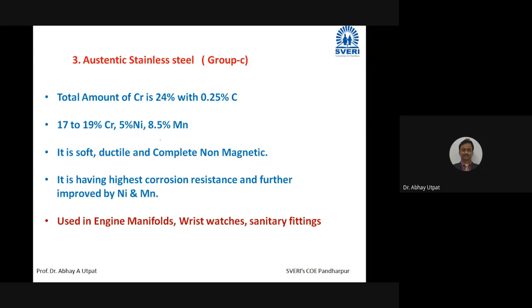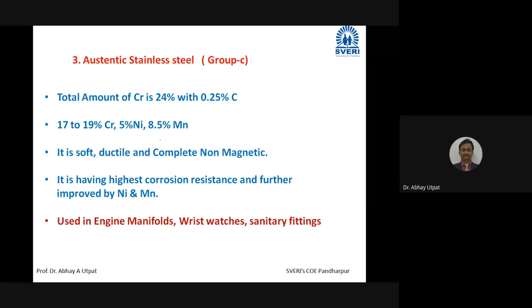Austenite is present in that steel because chromium is high and nickel is present. Nickel is the austenite stabilizer, and this nickel causes the FCC structure to remain, and that's why you can't increase the hardness by heat treatment. Hardening takes place only because of solid solution strengthening. And the corrosion resistance is excellent. That's why the steels are selected according to the requirement.